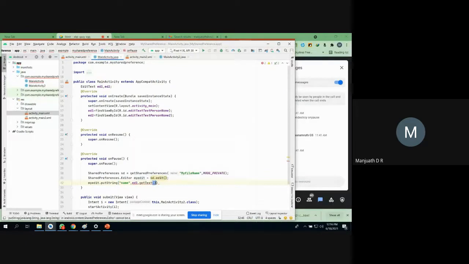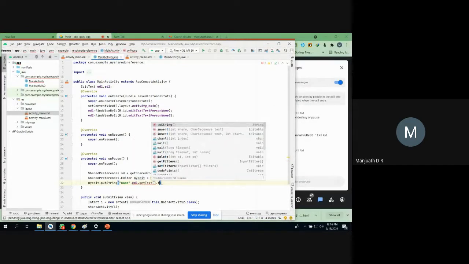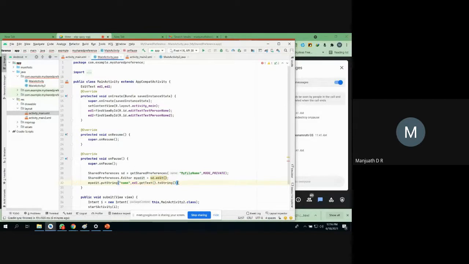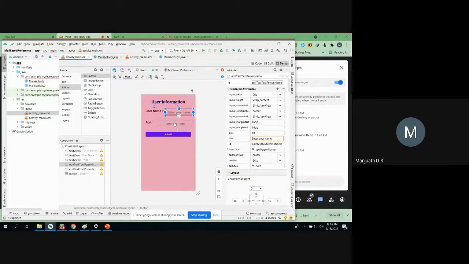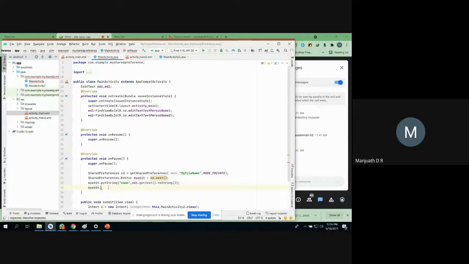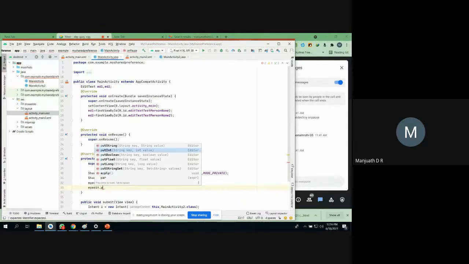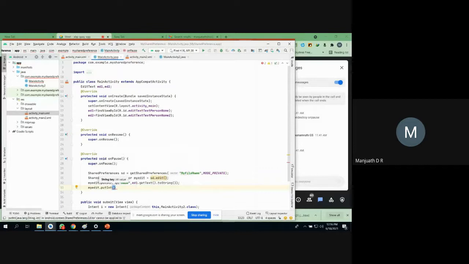Okay, and it is completely in string I'm getting, so no problem with that. So this solves everything. So next thing also I'm writing, that is my rate. Here, as I already told, I'm getting numerical values, right? I cannot use it as string. So what I do is I will use putInt, and I'm going to call it as key age.